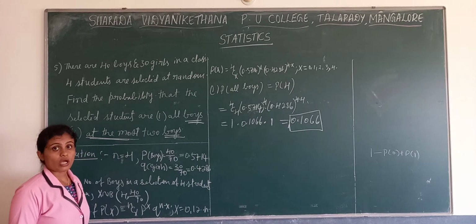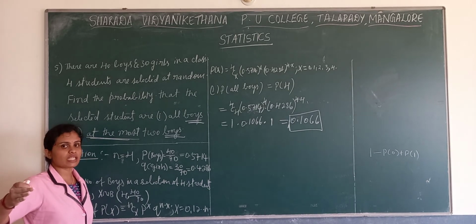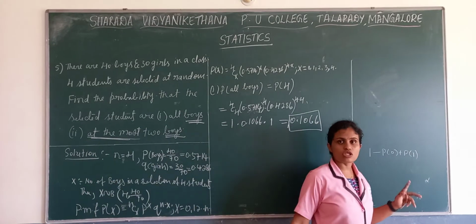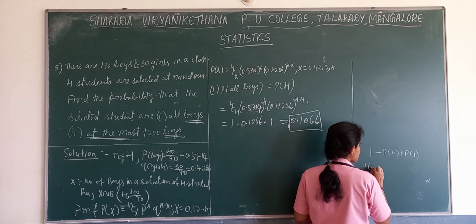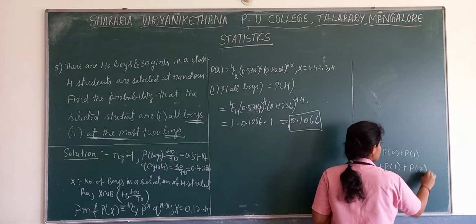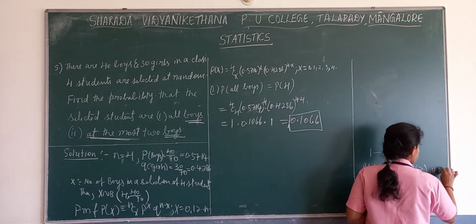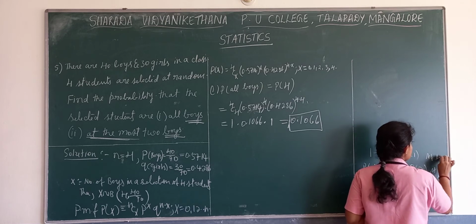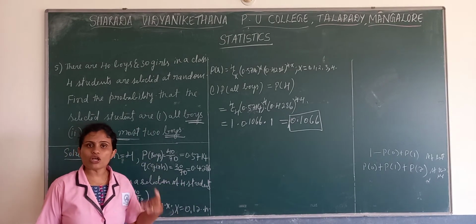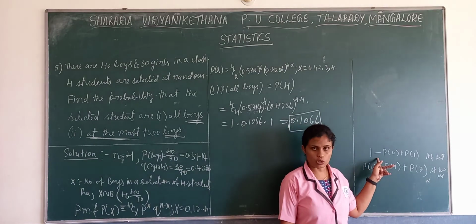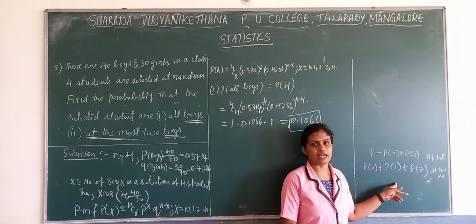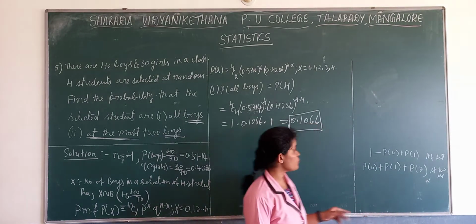At the most 2. At the most 2 means the maximum number we can take is 2, not more than that. We should stop with 2. When the words at the most come, you have to start from the least, 0, till that number. P0 plus P1 plus P2. This is for at the most. And it is at least 2. At least means you have to deduct from that number. Below that you have to deduct from total 1. At the most means you have to start from the least and stop at that number. Which number have they given?